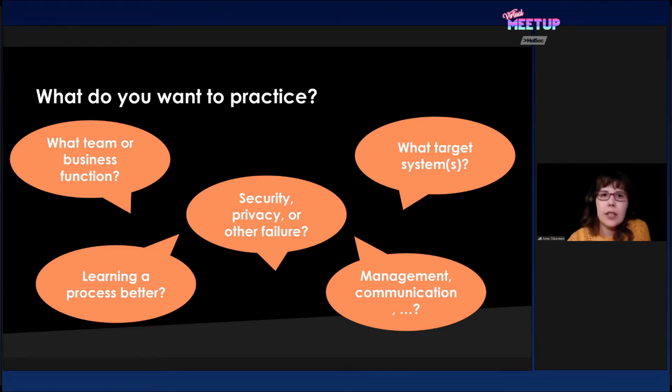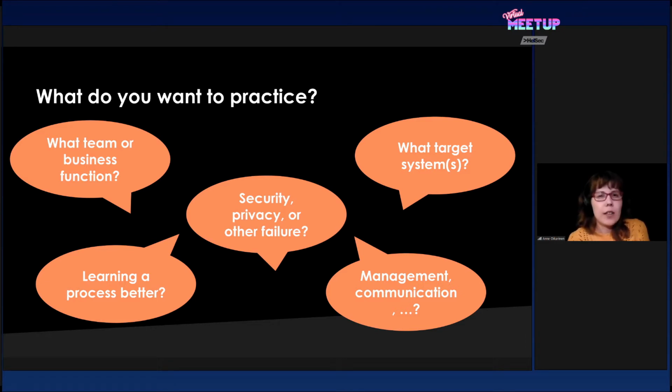Do you want to have a security incident or a privacy incident, or maybe both? Okay, what kind of systems would be useful to have as a target? Where does the incident occur? Maybe ransomware hits one of your web servers or financial systems, something that's critical for you. And what do you actually want to learn from this exercise?